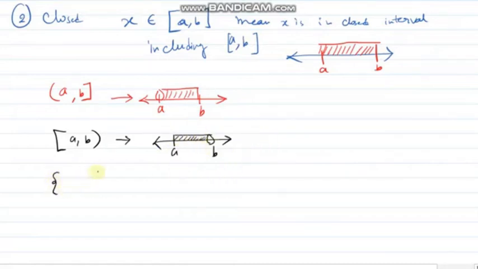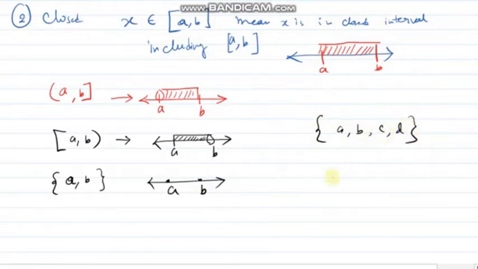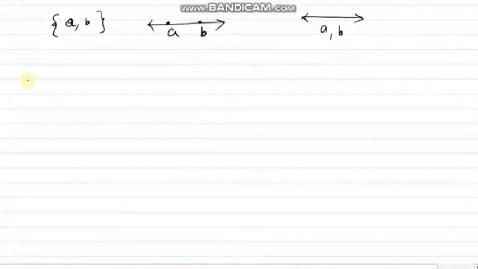If I ask you to represent this, what is second bracket {a, b}? That means set, right? It is only represented by this is a, this is b. Please be very careful. In set we can have more than two elements, or it can have one element also, but interval we have to represent by only two elements, like the terminal two elements. That's all in interval. We have to use this concept of interval many times.